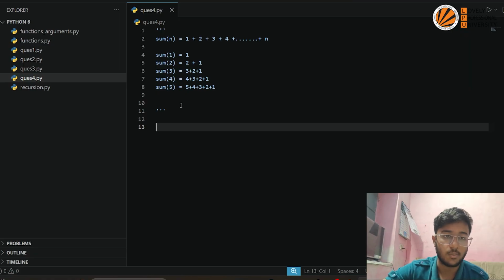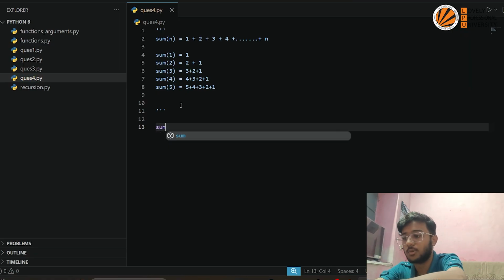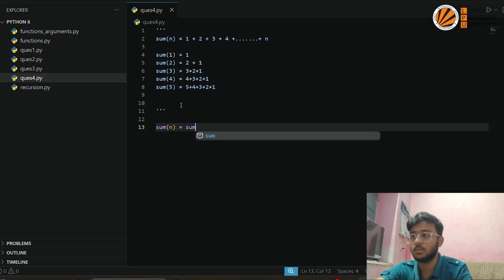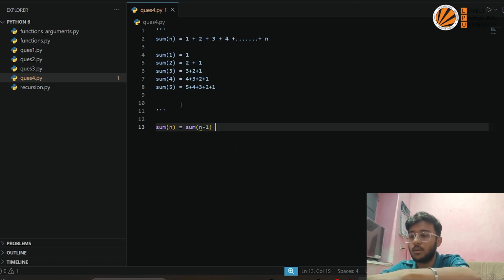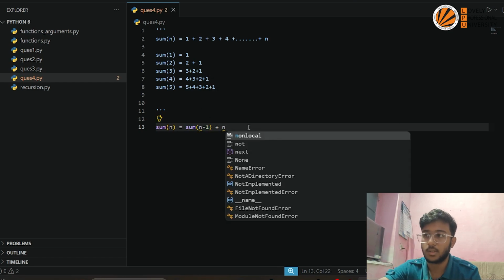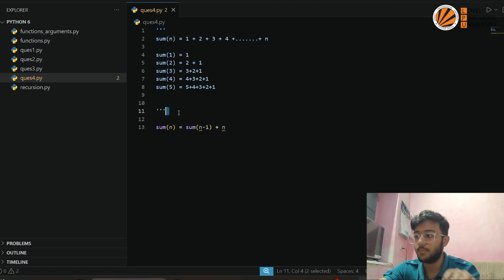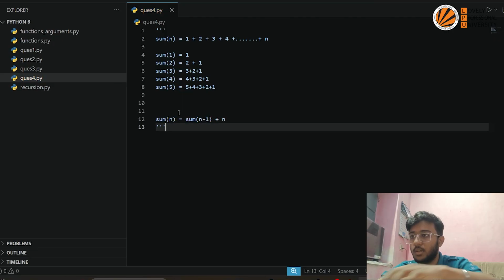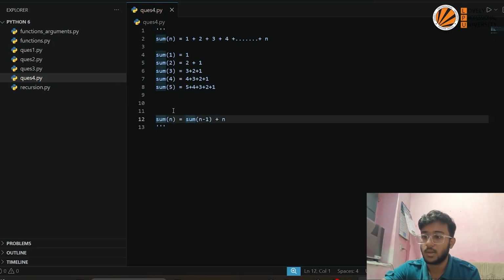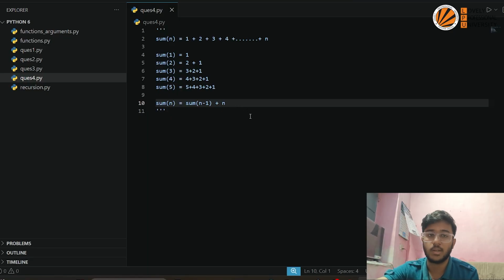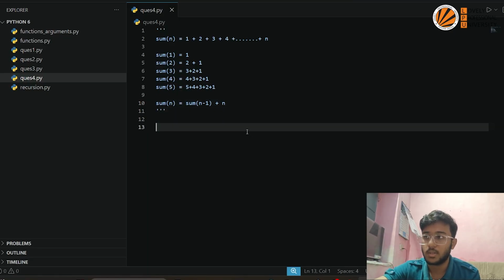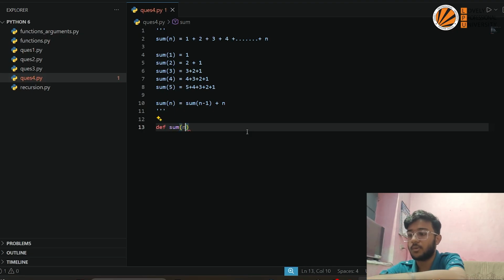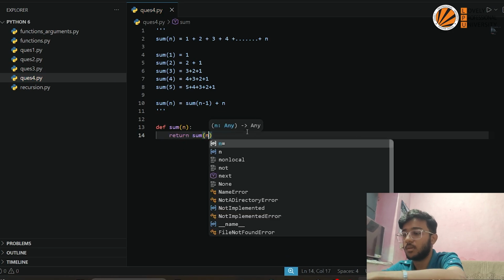So it will eventually come to n one time. So we can also write it like sum of n is equal to sum of n minus 1 plus n. Yes, we can write it like this also. Here I have to shift it, and we will get sum of n natural numbers becomes sum of n minus 1 plus n. So to make this in a function, sum of n is equal to return sum of n minus 1